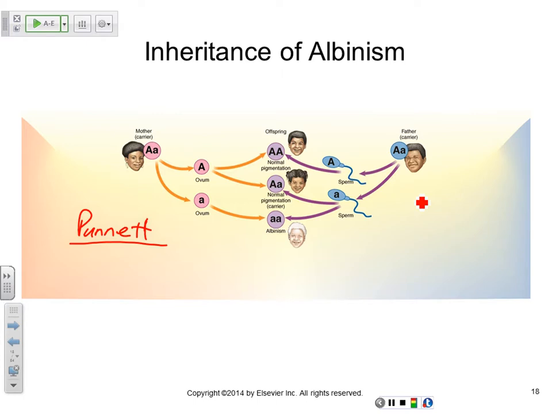So what you do, so that you don't crisscross and you have all this confusion, for the mother, so if you have the mom on this side, you've got an A, because A is a carrier, right? They exhibit normal phenotype, but they carry the recessive gene, okay? Because this is dominant, so they will show normal skin color. They will not be albino. And then a small a here,